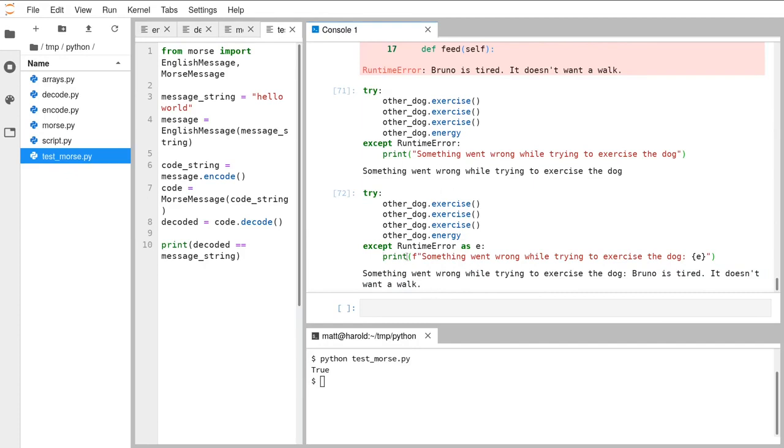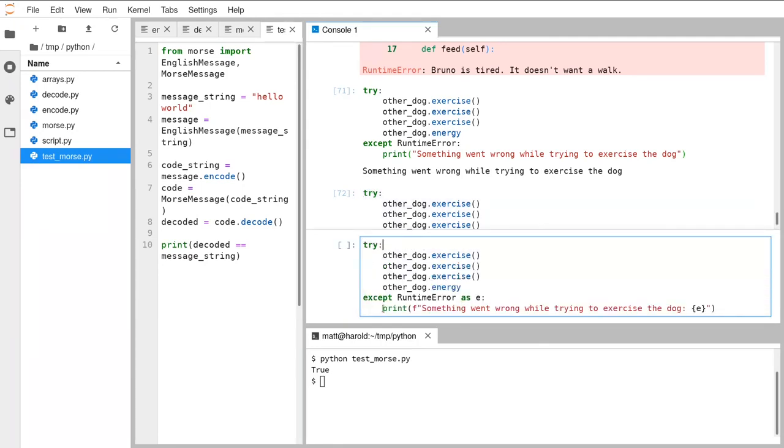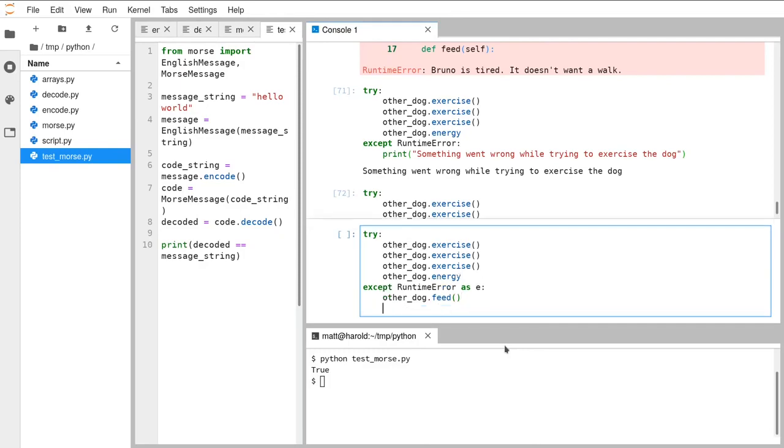So printing a logging message when you've got an exception raised is a useful thing to do, but in some situations you can actually deal with the error and fix it. So for example, we have our try block still, but here inside the exception handler, this except statement here, if the dog has run out of energy, we can try and feed it. And if we feed it, then we will be able to